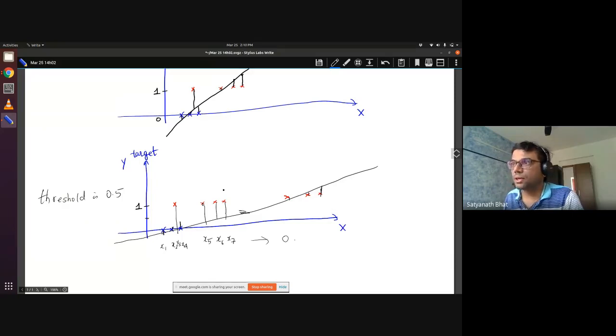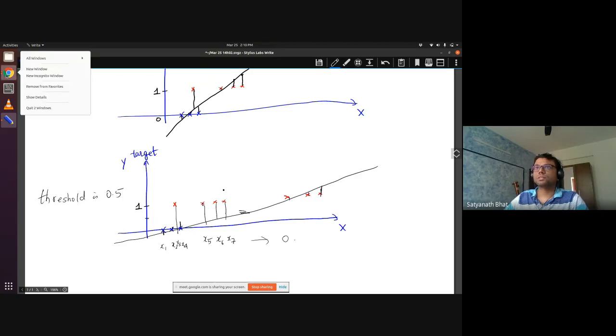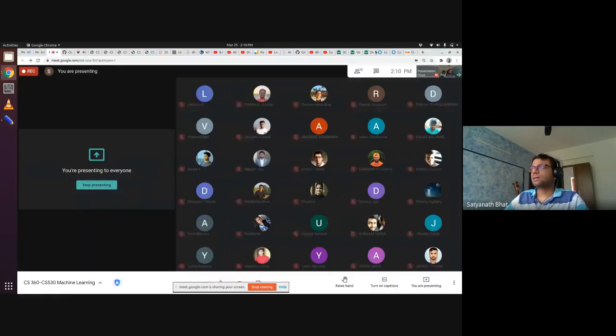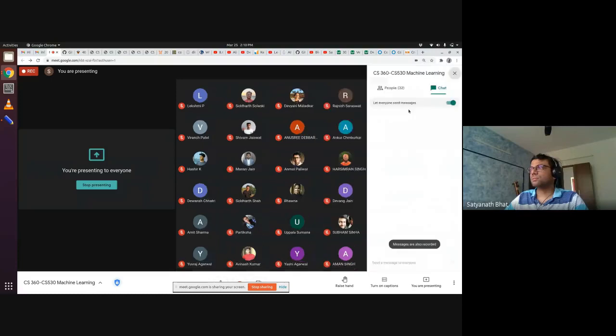Since you are trying to minimize the error which is coming in these bars, these points will tend to shift the line further. Okay, so is this clear? Last time when I explained this, people were not following, so I thought I should go over this again. Yes, can I quickly check if everyone follows?